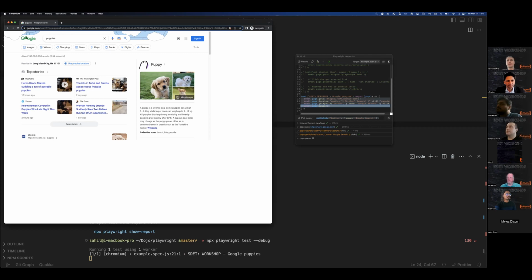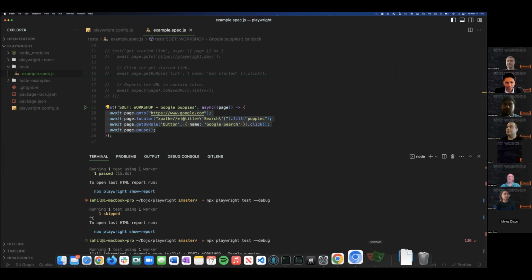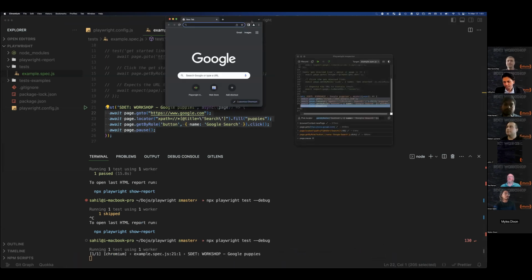The other part would be to install the VS Code debugger, but I already showed it. Do you want to continue, or I can? I think we get the message that you're trying to show. This debug feature is really cool and makes your development very fast. As you can see, I developed a test block within a few minutes. Didn't have to manually search for XPath and everything. And this saved a lot of time for us.